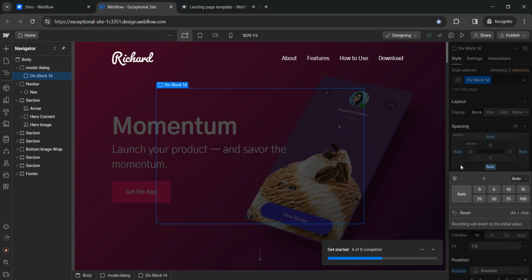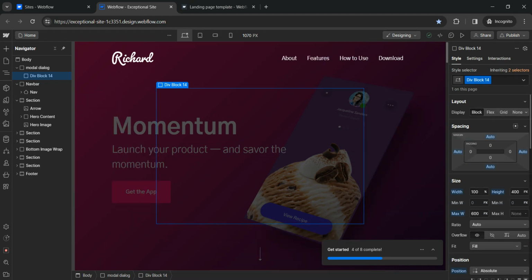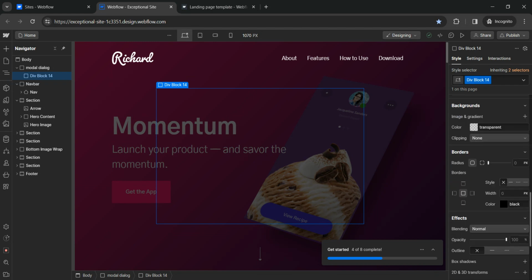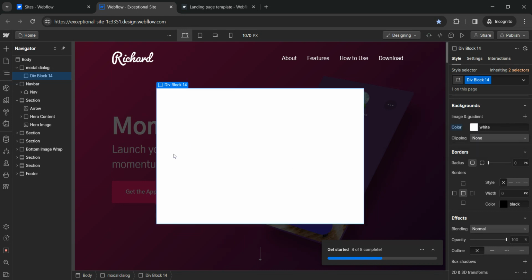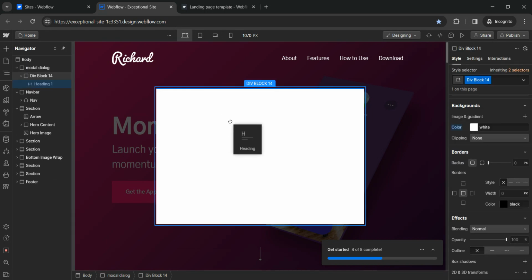And we want to place the content inside this container, so I'll just add a background color, normal white, and you can add the content depending on the call to action you want to display for your viewers.